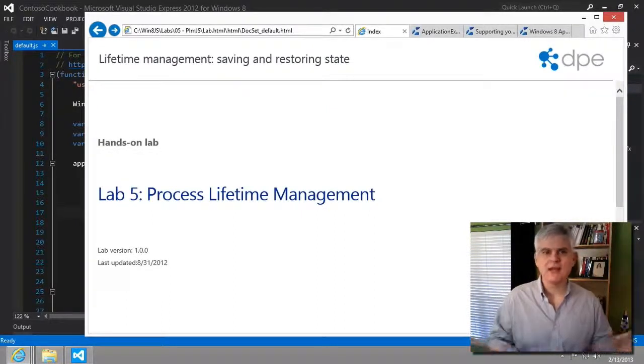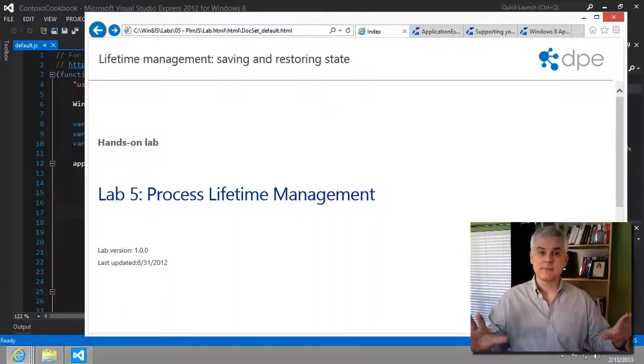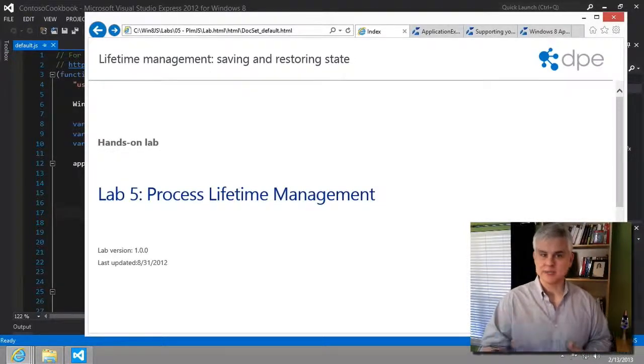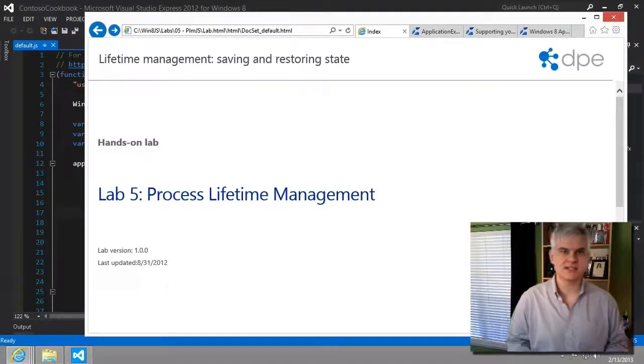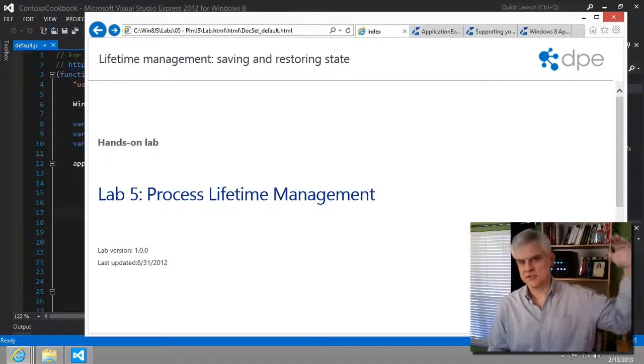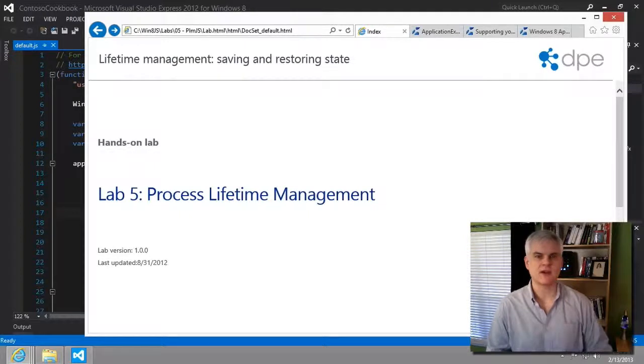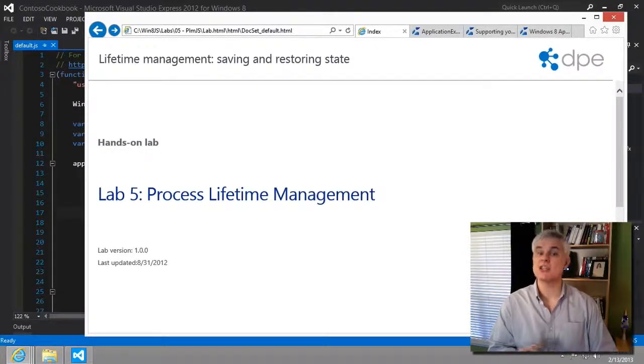So what does that really mean? Now the memory footprint can be reclaimed by Windows 8 for optimization purposes or allocation to new Windows Store apps that are being launched. Now, if the user wants to launch your app again at some point in the future, they'll have to relaunch it, which means it'll need to reinitialize everything. Variables, classes, everything will be reinitialized, and we'll start from the very first lines of code and begin an execution path from there on down. All right? But most importantly, the app is not given a notification that it's being terminated,